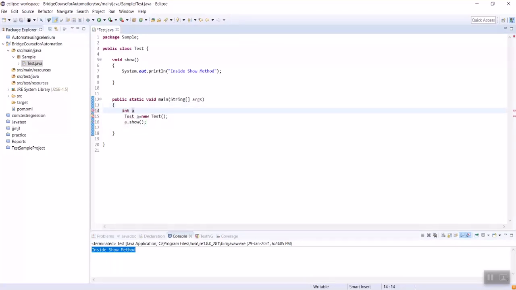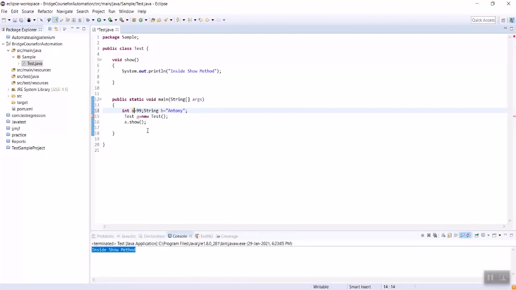Next we are going to see the global variable and the local variable. The variable which is declared outside the method is called a global variable. The variable which is declared inside the method is called a local variable. Now we are going to see both variables.